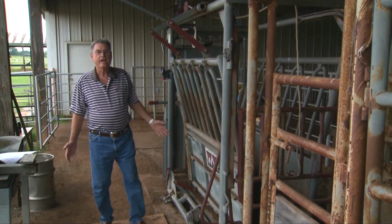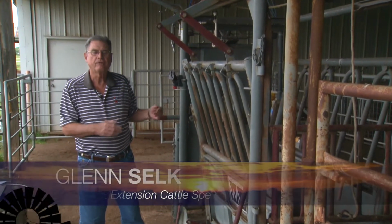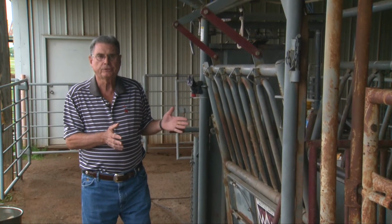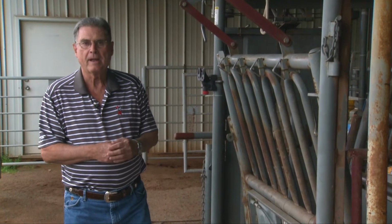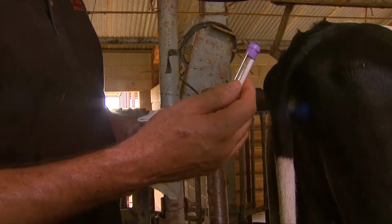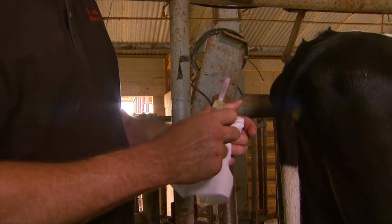Most spring cow-calf operations will breed the replacement heifers a few days, if not a few weeks ahead of the mature cow herd. And so that means that the spring-born heifers were bred starting in April and wrapping up sometime in late June. Well, that means that it's now approaching about 60 days after the breeding season for those replacement heifers, and that's